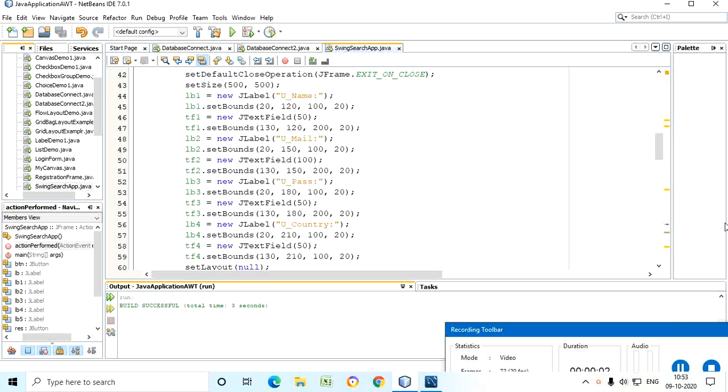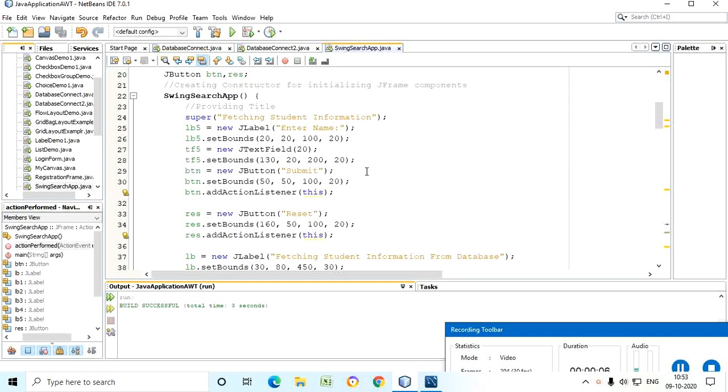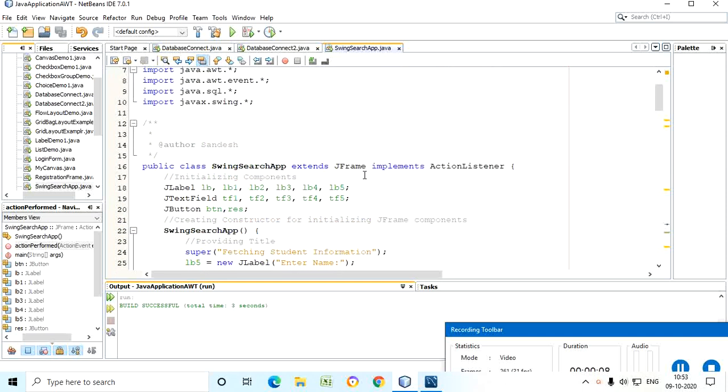Hello everyone. In this session, we will discuss how to search in a database. In the last sessions, we discussed how to register a particular user or client to our application. Now it's time to see how to search a particular registered user in a given database. This is one advanced step from what we discussed previously.